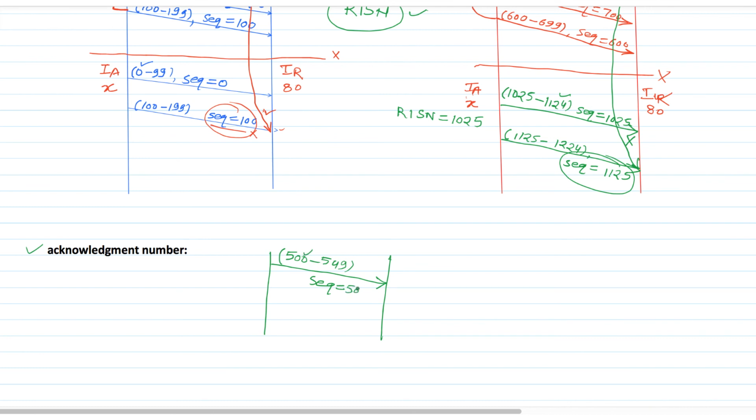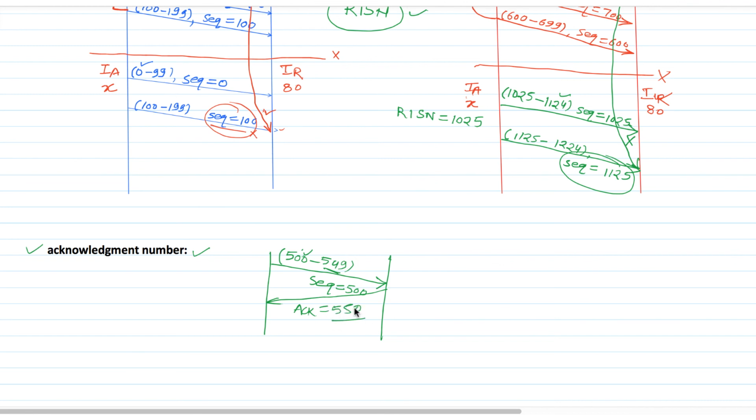This is 500. So the acknowledgement number is basically, after receiving this byte stream, the sequence number of the next expected data byte. After receiving the byte stream from 500 to 549, the next expected byte is 550. So in the acknowledgement number, it is going to mention 550.